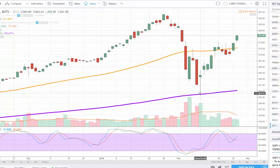And if you had bought every single one of them, you would be profitable today, 2 weeks later, in every single position. I mean, every stock that had that pullback dip is now trading significantly higher. That's a rare event, doesn't happen very often, but what I like is that now it seems like we're entering